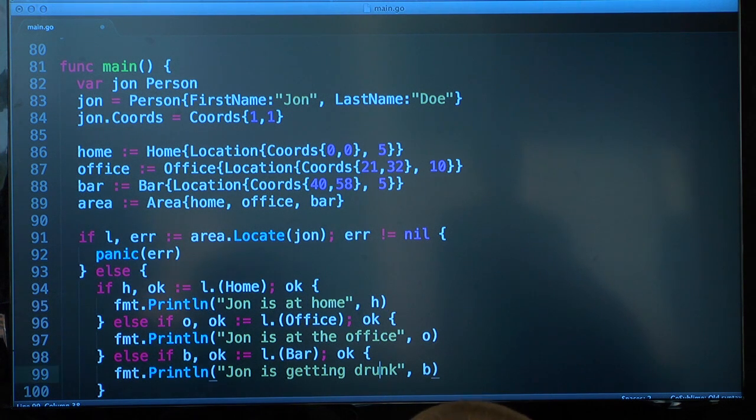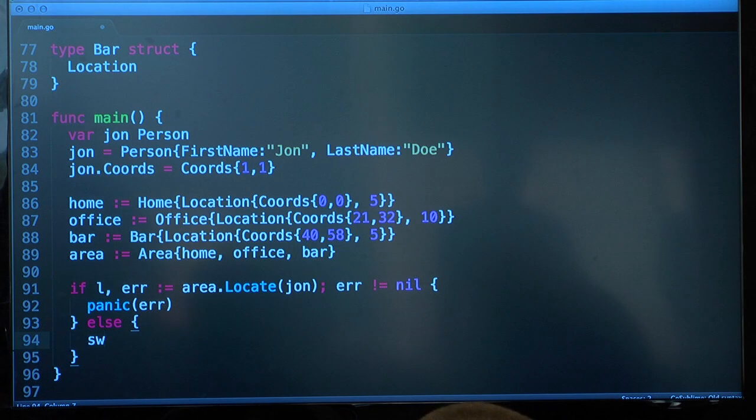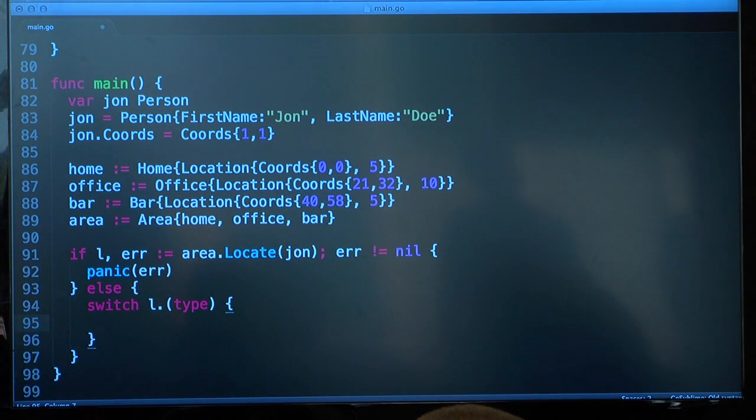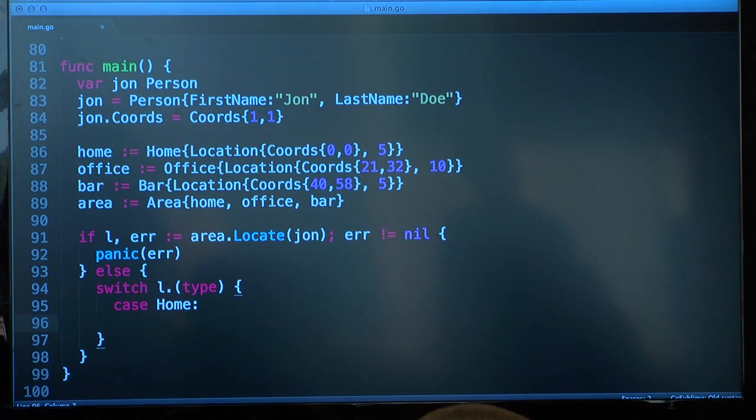Now, if you're working with a bunch of types, it gets a little messy to have a lot of if else statements. So Go has the concept of what is known as a type switch. When you want to get the type of an object you're dealing with when you're working with interfaces, we're going to say switch l.(type). So this is how you start your type switch. We will have a case for home,